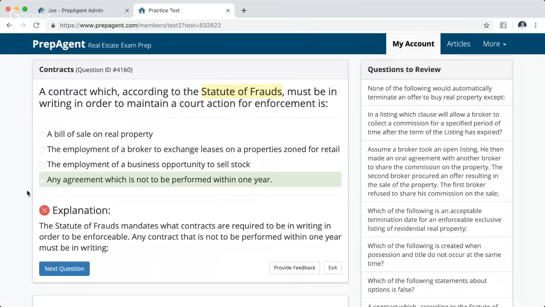Okay, so the statute of frauds and statute of limitations stuff brings up an interesting concept. I'm going to ask you guys a question. What is the difference between an unenforceable contract and a void contract? This is a tough question. You guys agree? Tough question? Who's had trouble with that question before? Who's gotten confused with those two concepts before? What is the difference between an unenforceable contract and a void contract?